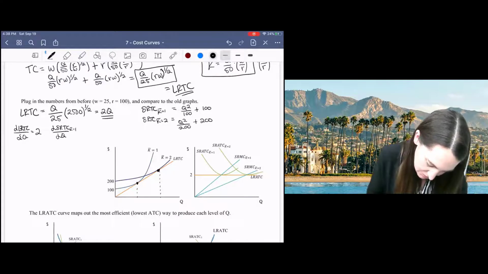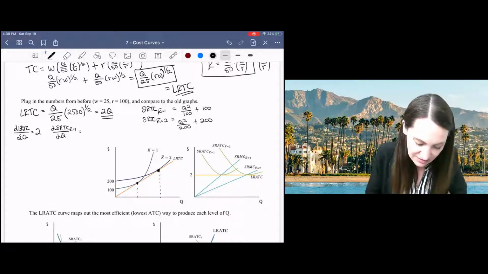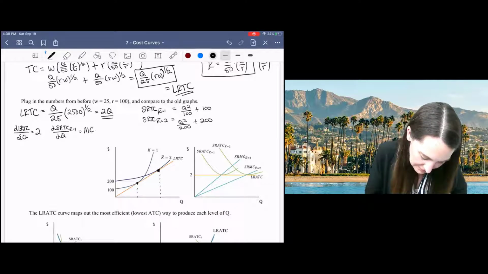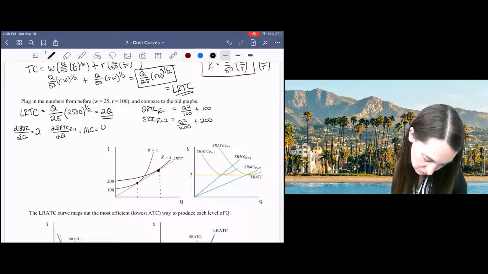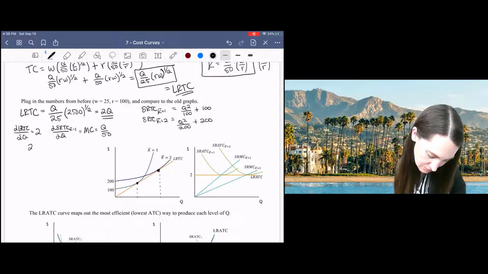Then I take the derivative of my short run total cost with respect to quantity. That's the same as marginal cost, remember. We already did that. And that gave me Q over 50. And if I set them equal to each other, then I get that tangency occurs at a quantity of 100,